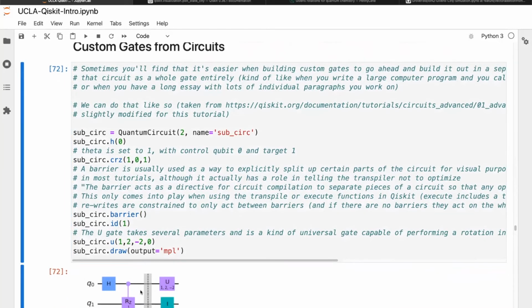So it's a way of saying, oh, maybe this part of the circuit is the first step, and then this second step is to remain separate from the other steps, in which case we can use a barrier as a nice visual indicator. But it has an even more important role when you're transpiling your circuit. So most of the time, when you've built a circuit and you want to run it on an actual quantum computer, and you're sensitive about performance, usually your circuit may have gates that aren't natively supported by hardware,